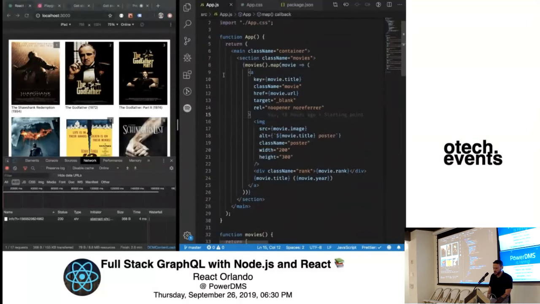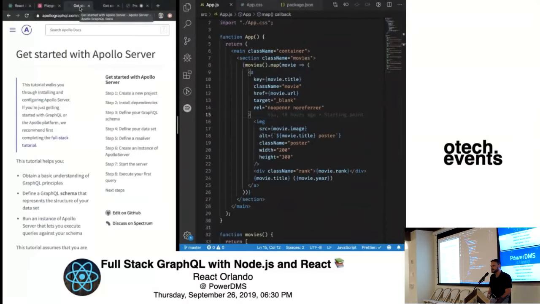Basically, what I've done here is combine a couple of Apollo tutorials. I feel like GraphQL is just weird enough, if you've never worked with it, that it can be hard to even know what page to go look up and copy and paste from. So hopefully, if nothing else, you get that out of this talk.